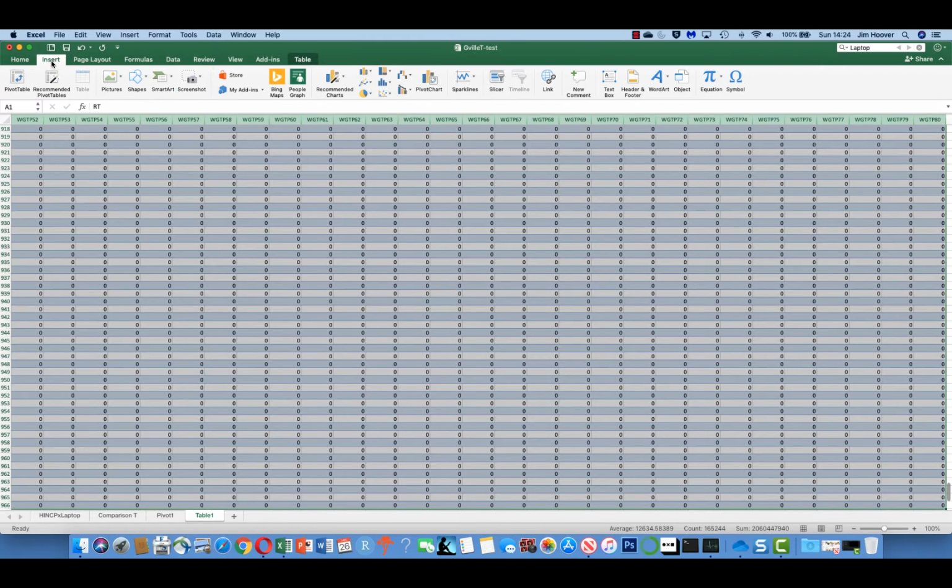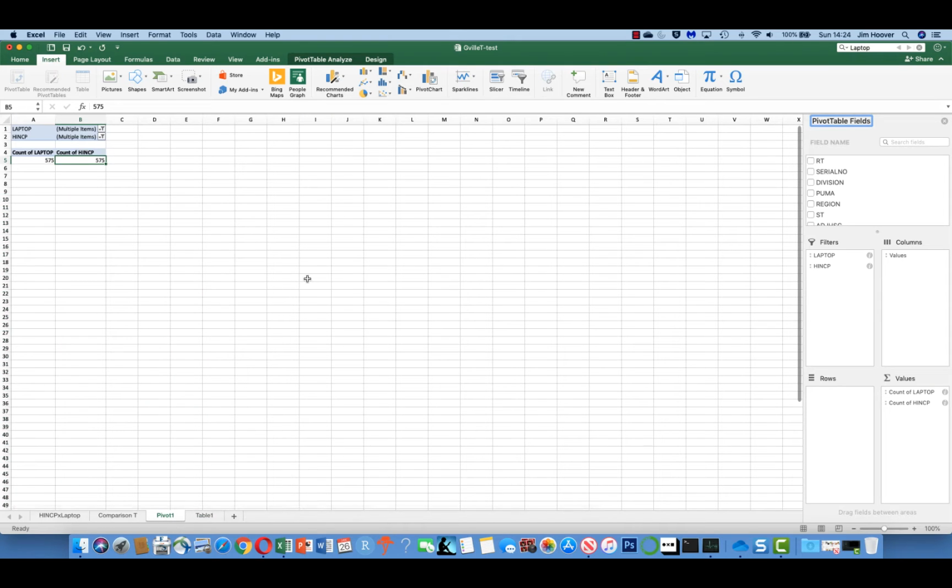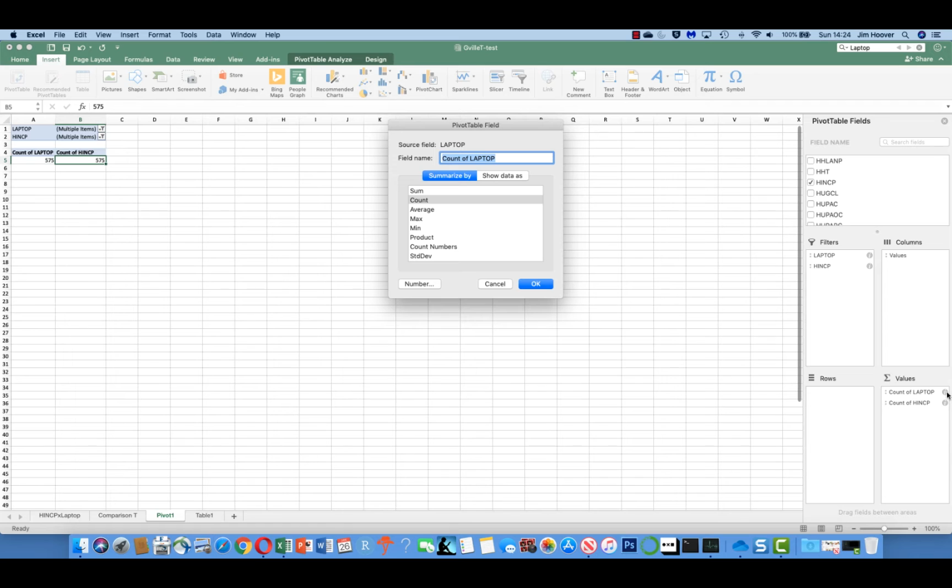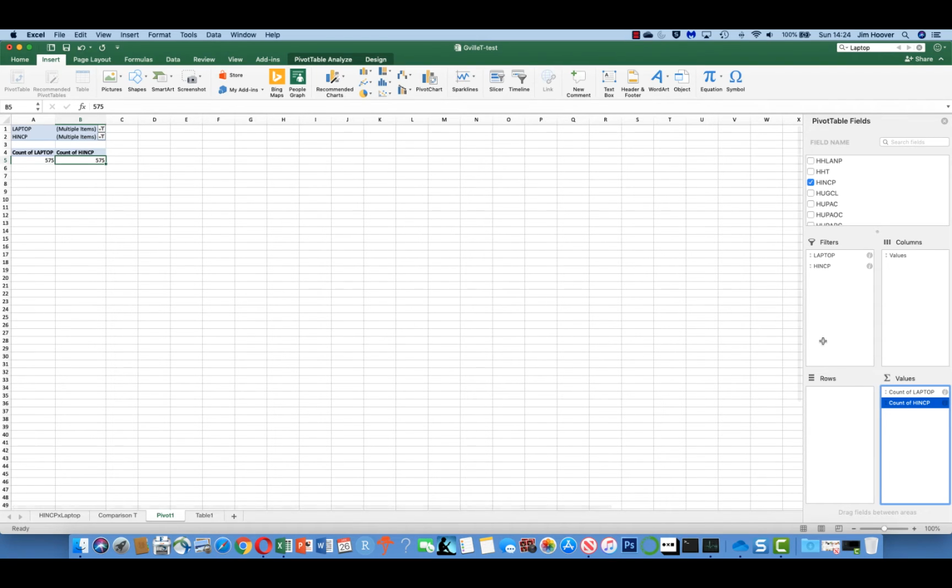Then we're going to insert a pivot table, which I've already done. And on that pivot table, I put two filters. I put the filter just for the case of this example for laptop, and I dragged it down here to filter, and then a second filter for household income and dragged it right here. Then I took those same two variables and put them down here, and I changed this from sum to count, and I changed this from